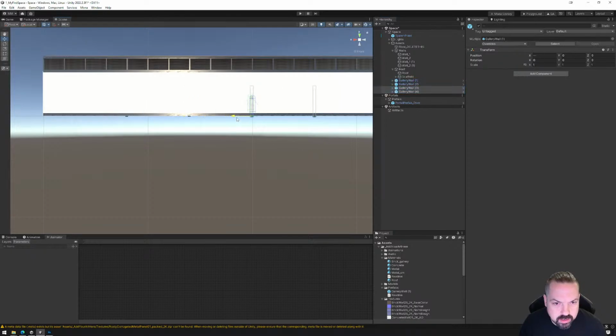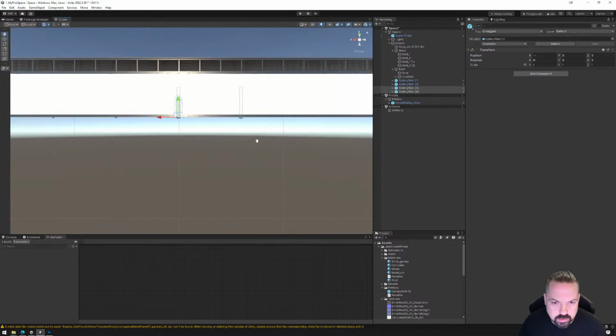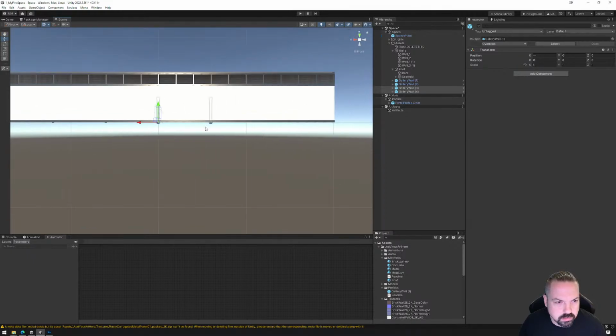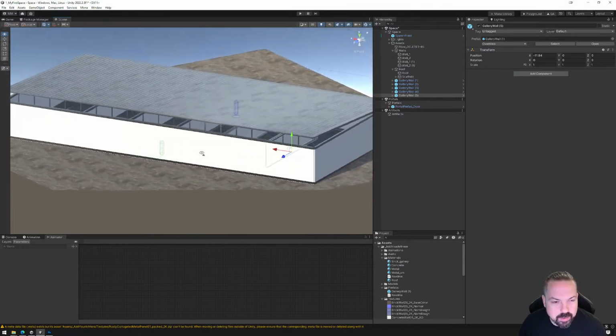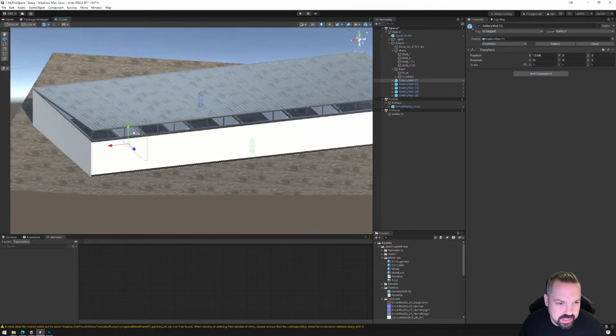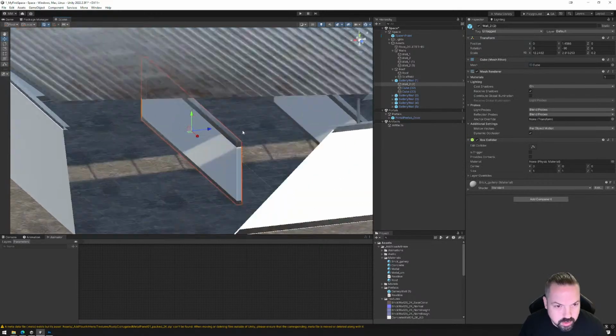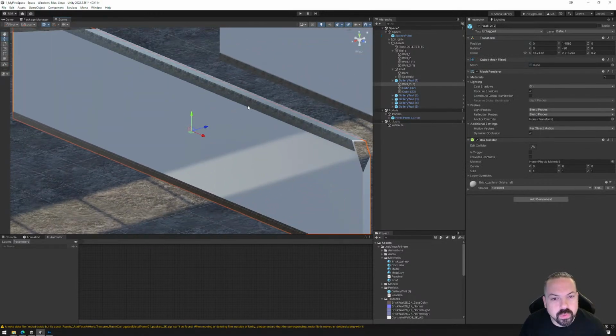Duplicate again. 2, and then one more. Is it one more? Sort of that. What we can do in this case is, if I wanted to, I could affect